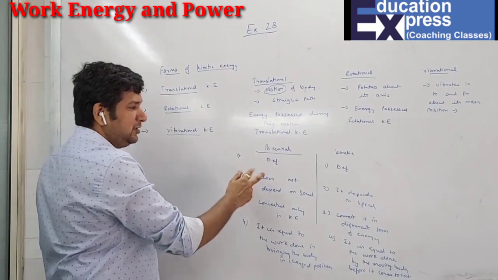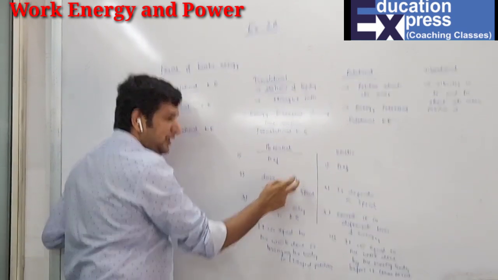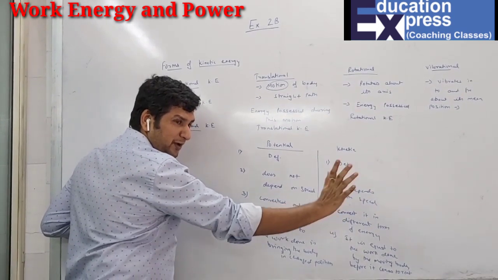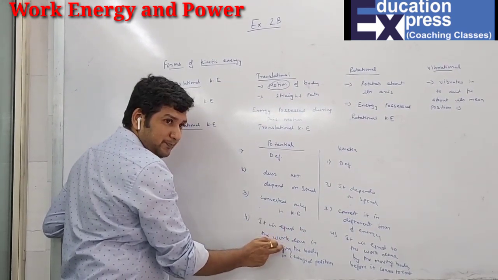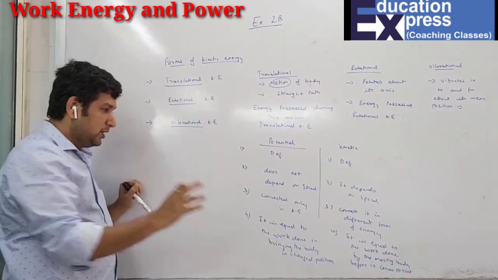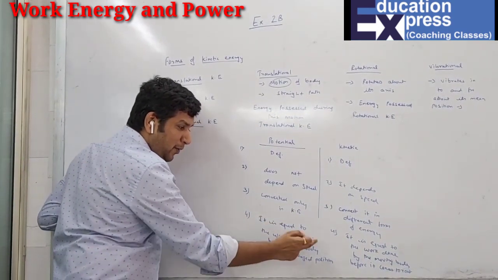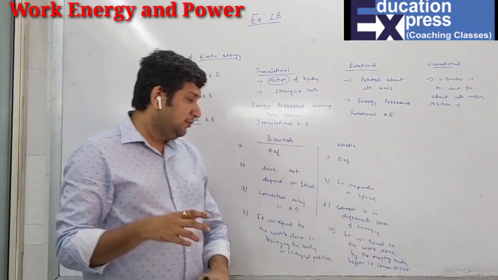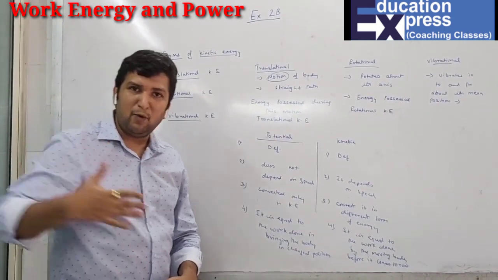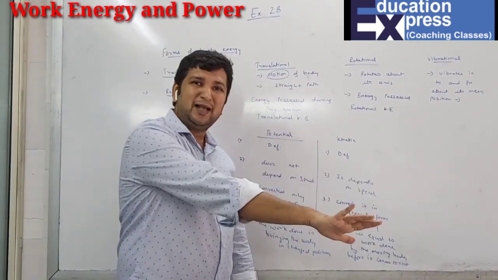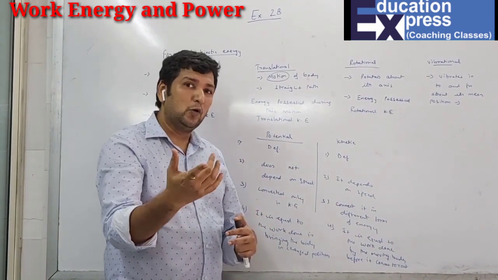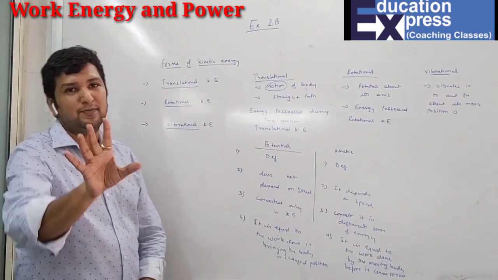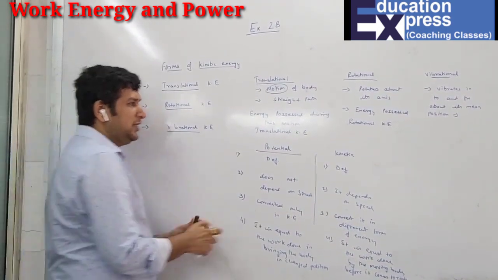So students, again just in brief. The first one is the definition. Second, potential energy does not depend upon speed, while kinetic energy depends on speed. Potential energy can convert into kinetic energy, while kinetic energy can convert into different forms of energy. Here, energy is also equal to work. So potential energy is equal to the work done in bringing the body to its changed position or shape. And kinetic energy is equal to the work done by the moving body before it comes to rest, because as long as the body is moving, it has kinetic energy. If it comes to rest, the velocity is zero. So this is the difference between potential and kinetic energy.